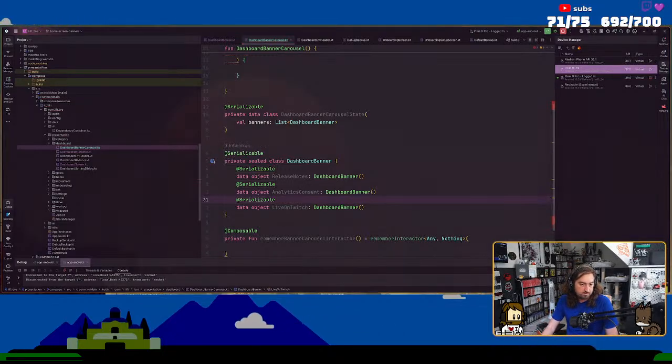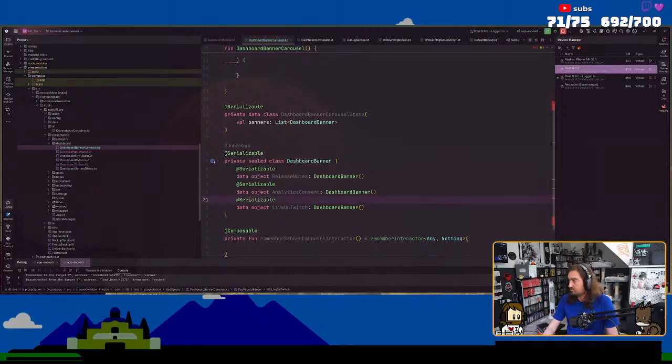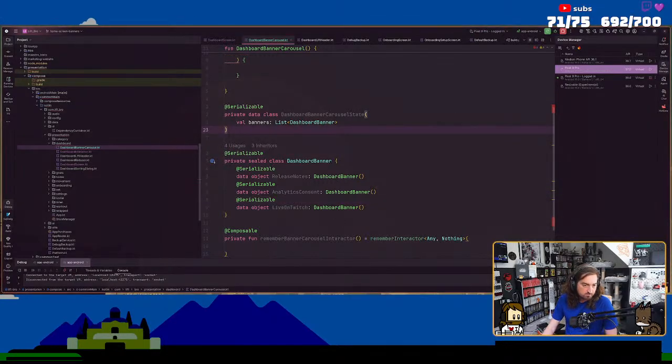Why is screen key itself not working? All right, screen key's just not working.